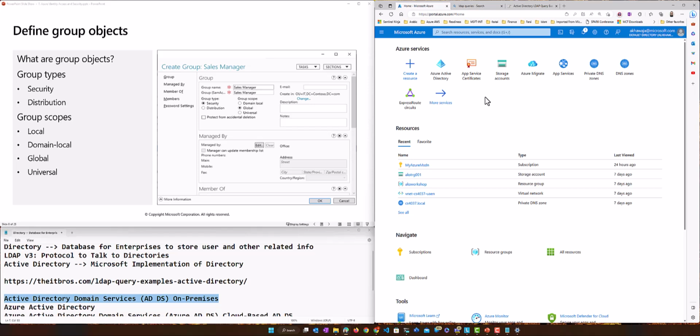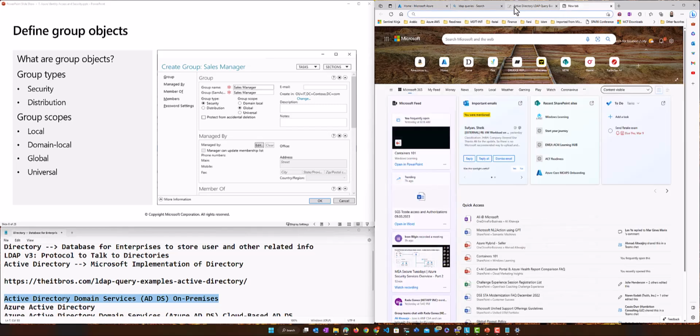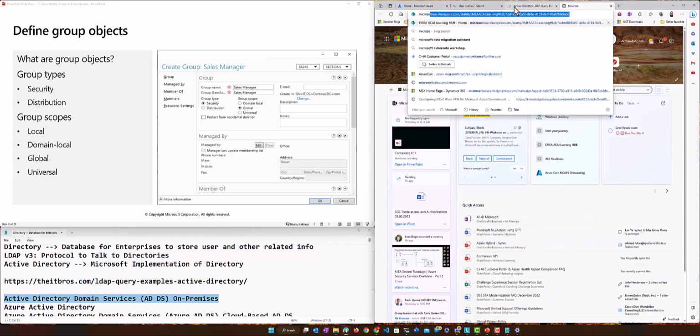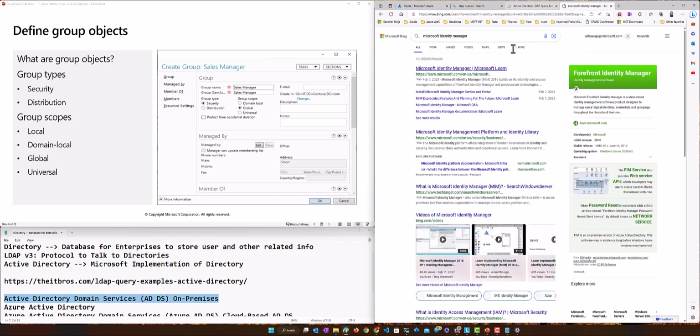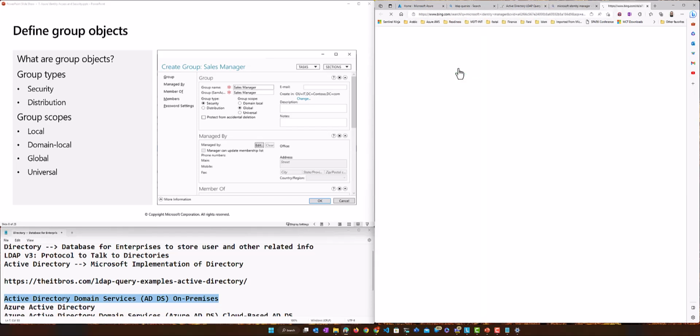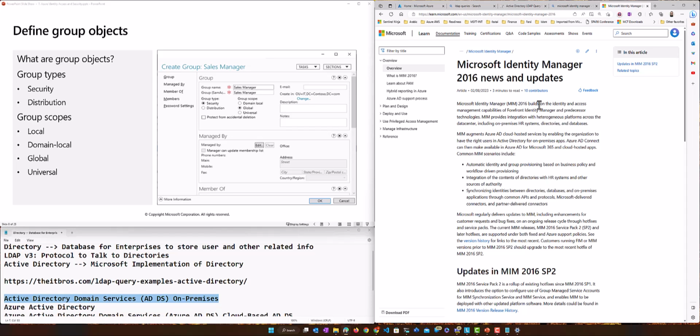Automatically we can create the user and put him into some group. These are called identity management systems. Microsoft's system is Microsoft Identity Manager. This is one of the very widely used systems that automates these kinds of things. So from the HR system onwards.